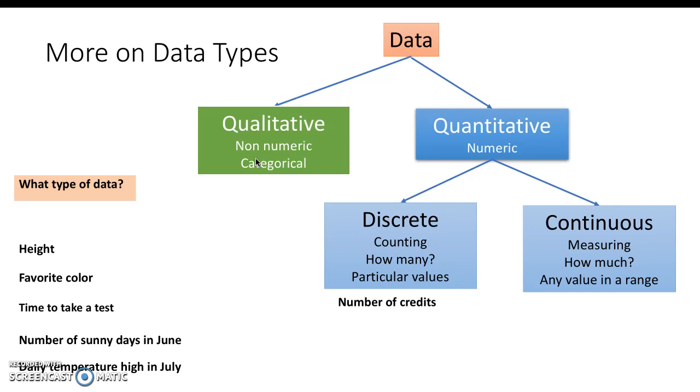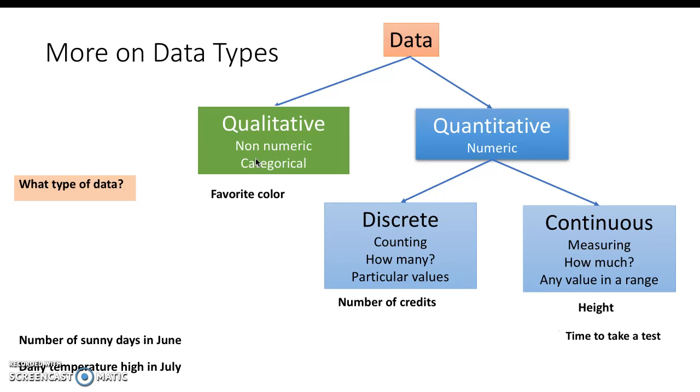data. Okay, height. I already talked about height. Well, height can be any value in a range of values, so again it's quantitative, and it's quantitative continuous. Favorite color. Well, that's not a number at all, so that's going to be a category, so that's qualitative. Now, what about time to take a test? So that's a number. Is it discrete or is it continuous? Well, time is one of those things that really can take on any value in a range, and there aren't set values that it has to be.